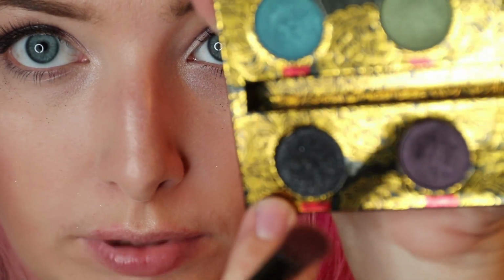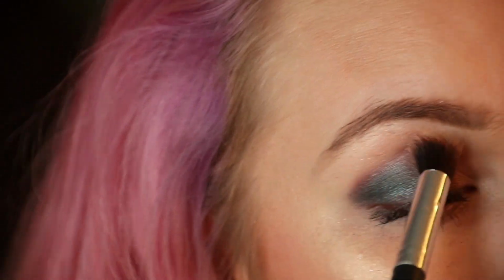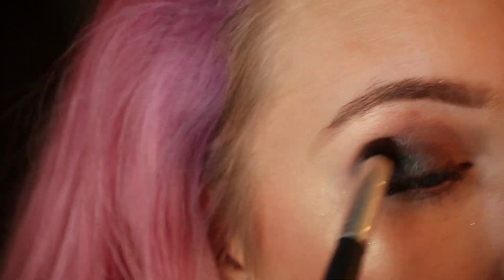Alright, we're going to apply the last color before we start blending, and we're moving back to the Urban Decay palette, and we're going to be using Oil Slick, which is like a black, shimmery color, and we're just gonna dab it. Okay, so it's looking pretty crazy. We're gonna blend it now. So I have a blending brush. It's got a little bit of an angle to it,